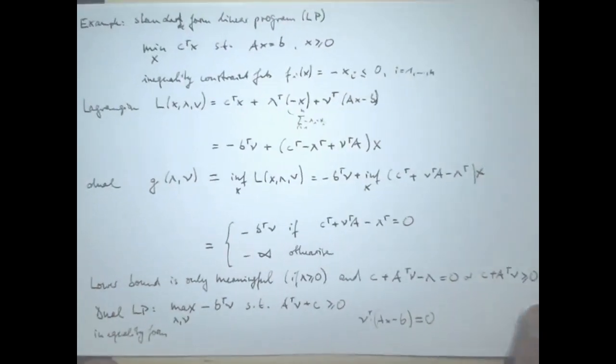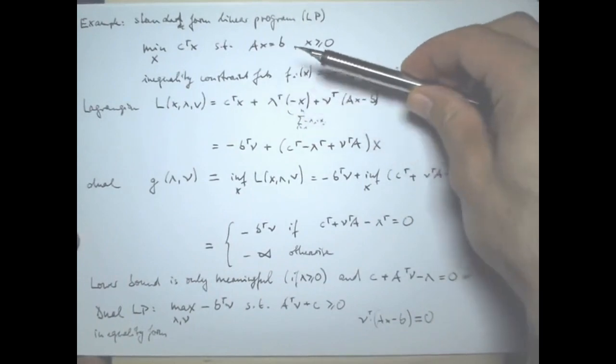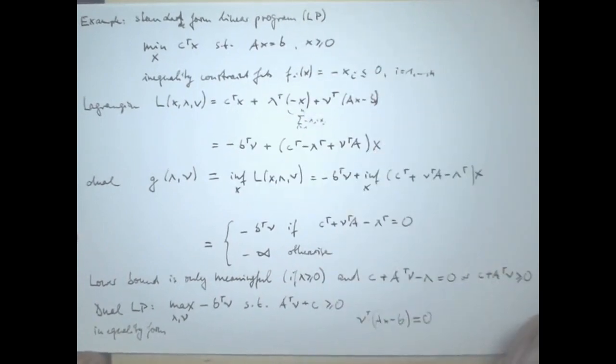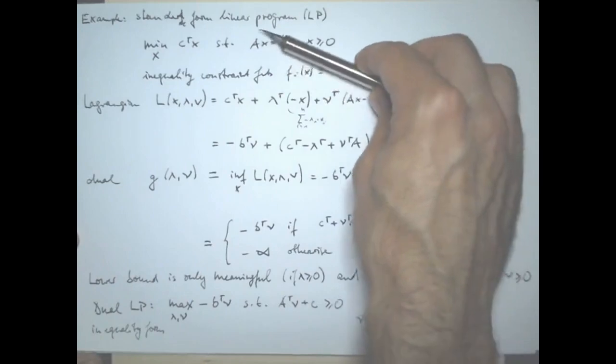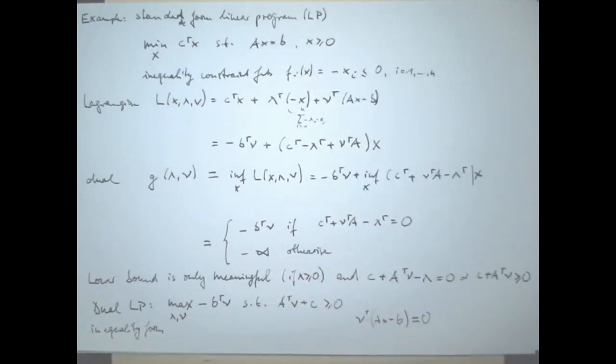Okay, so the main point of this slide was that I wanted to show that normally you find recipes for how a linear program can be translated to its dual, inequality constraints become equality constraints and vice versa, but you can really do it step by step using this